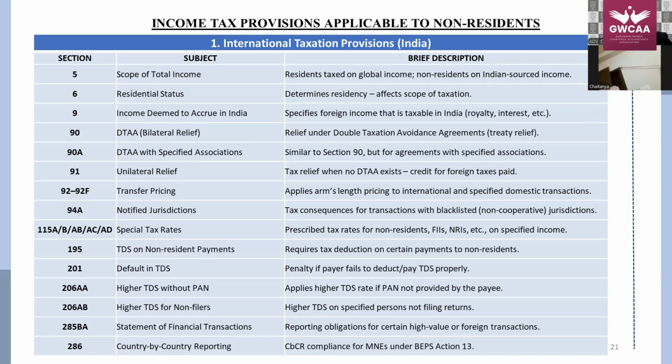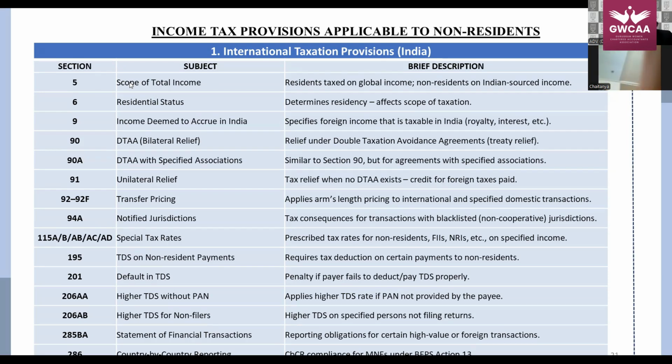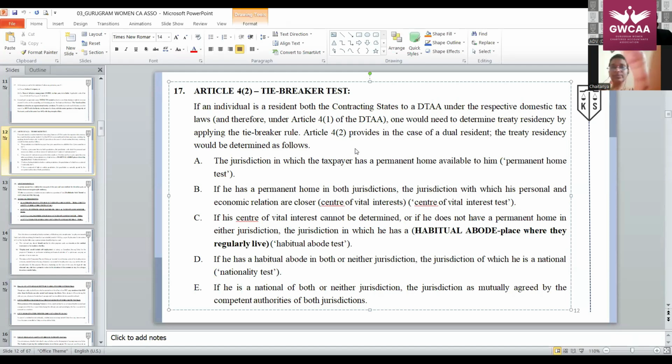सेक्शन 90 दैट इज फॉर रिलीफ अंडर डबल टैक्सेशन अवॉइडेंस एग्रीमेंट. तो सेक्शन 90 एंड 90A. सो बेसिकली एज आई सेड दैट रेसिडेंट, ऑर्डिनरी रेसिडेंट ग्लोबल इनकम इज टैक्सेबल. तो अगर उसने कोई भी इनकम फॉरेन में कमाई है तो उसमें उसने फॉरेन में टैक्स भरा होगा. तो एज पर द ट्रीटी इंडिया ने 90 कंट्रीज के साथ डबल टैक्सेशन अवॉइडेंस एग्रीमेंट फॉर्म किए हैं. सो हम आगे जानेंगे ट्रीटी का मेन यूज क्या है, बट बेसिकली बिकॉज ऑफ द ट्रीटी उसको डबल टैक्सेशन नहीं लगे, इसके लिए सेक्शन 90 और 90A में अगर उसने फॉरेन की कोई इनकम कमाई है और उसमें टैक्स भरा